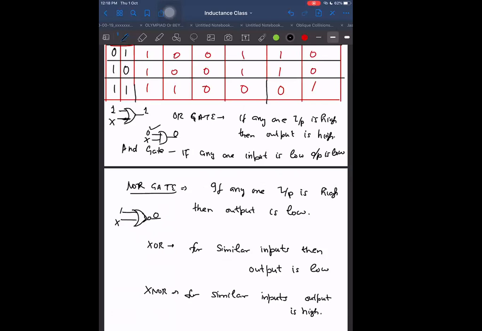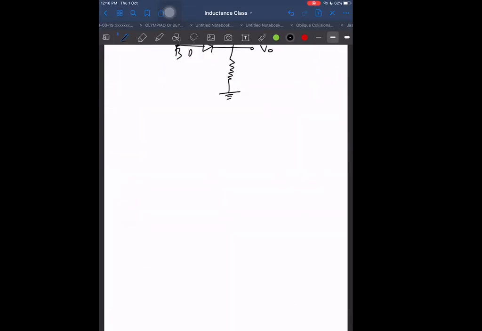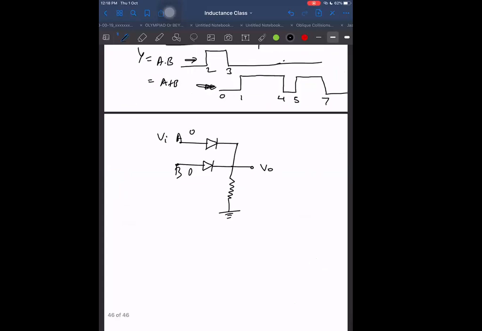This you give 0, other you give anything, and then see what happens. This you give 1, other you give anything, then see what happens. If one of these is given 1 and output is permanently becoming 1, then definitely it has to be an OR gate. Let us do that way. Let us give it 1 now, and don't worry about the other output. This is given as 1.